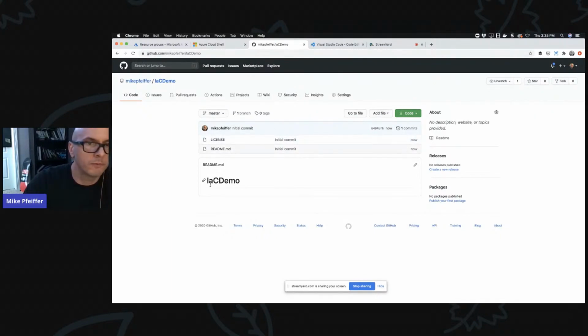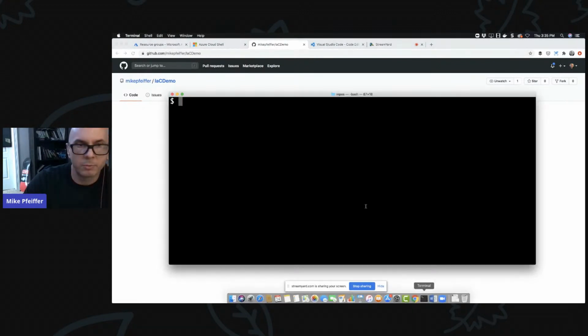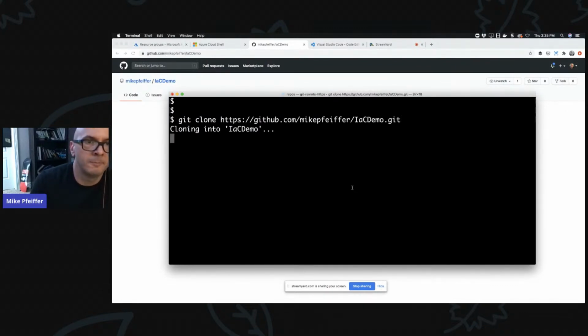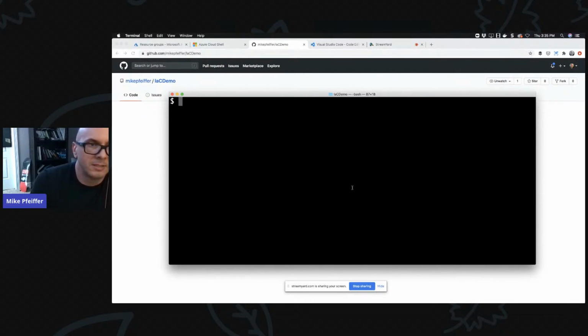So first of all, we've got an empty repository. Let me grab the clone URL for this. Then I'm going to bring up a terminal on my machine. Don't worry if you're not on Mac, it doesn't matter. In an empty folder on my computer, where I've got Git already installed, I'm going to do a git clone on that brand new repository. There were ten ways I could have built that, but this is what we're going to do. We're going to switch into that folder. This is an initialized Git repo, we just cloned it.